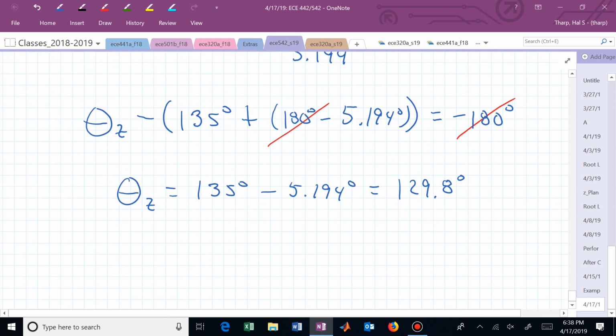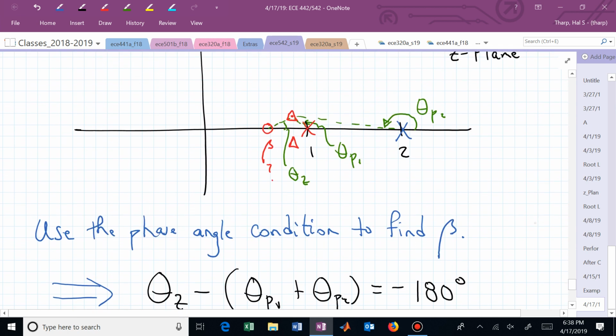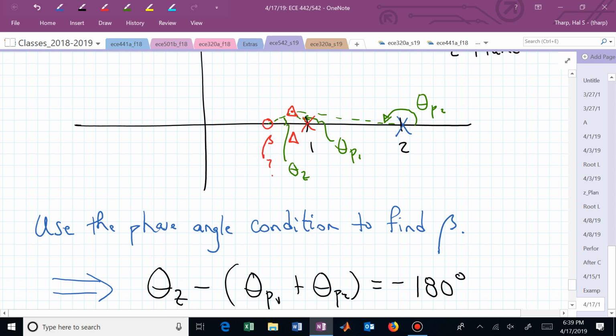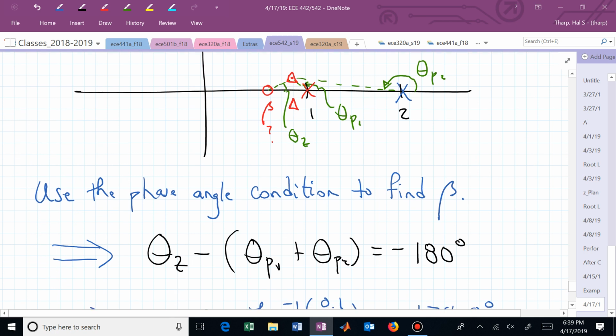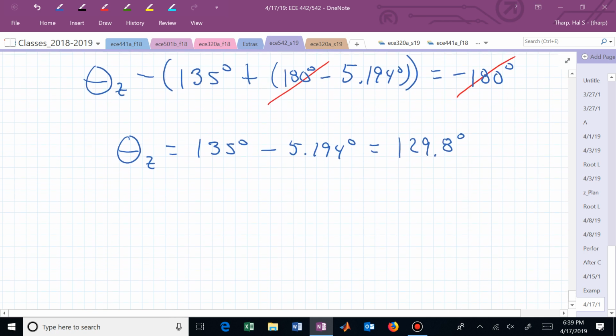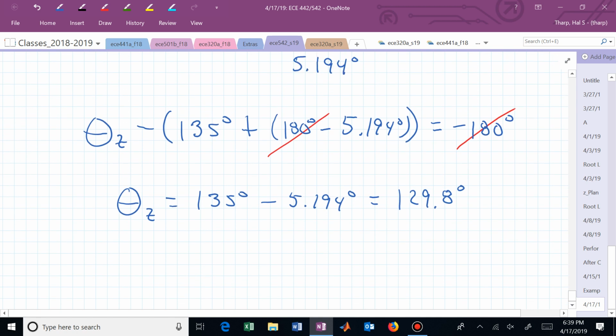Is that consistent with my picture? No, but it's still okay, isn't it? What was my angle of theta P1? It was 135, so luckily I didn't go bigger than that and go outside or beyond z equal to 1. If I would, then I would say, okay, that's an unacceptable triangle location. I can't achieve that with a stable closed loop system, because I would have had a 0 between 1 and 2, and we've already said that's not allowed.